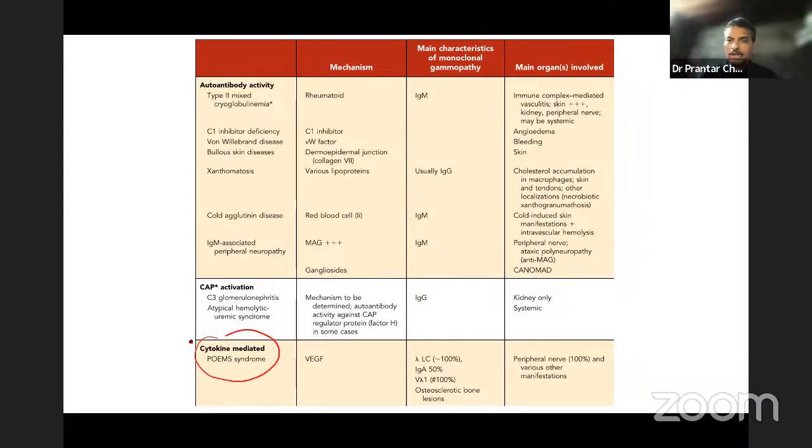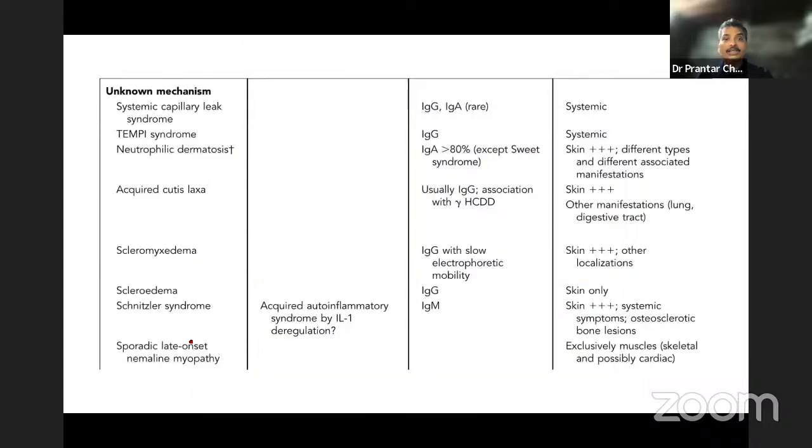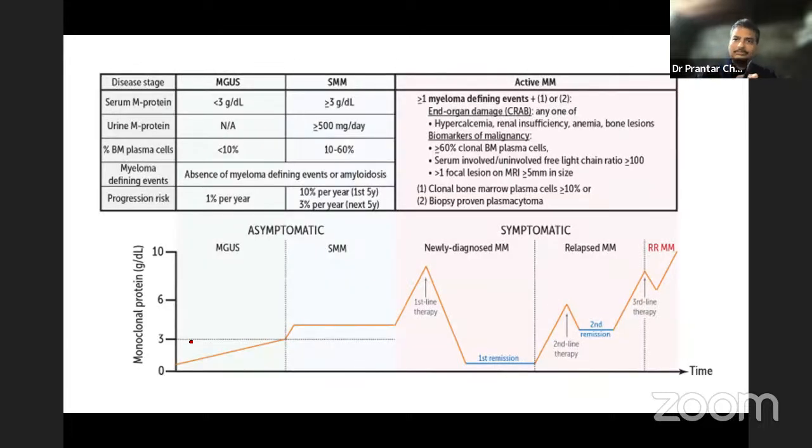We have been taught during our undergraduate and postgraduation days. That is also a monoclonal gammopathy of clinical significance. But sometimes we do not know the etiology: systemic capillary leak syndrome, Tempe syndrome, Schnitzler syndrome, myopathy, scleroderma. But I will restrict my talk to myeloma today, just to give you an idea that the patient goes